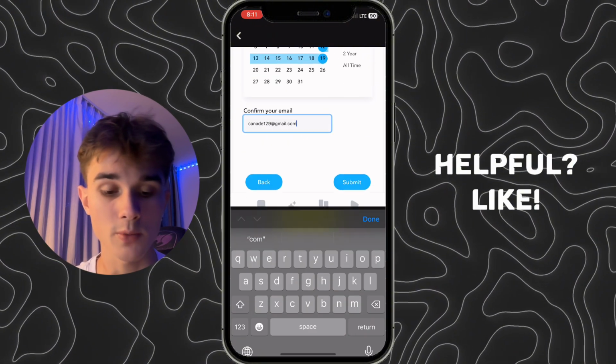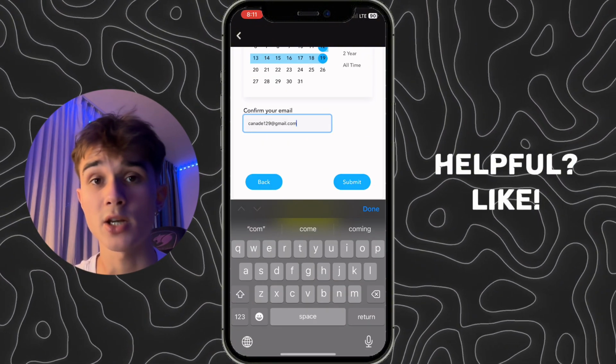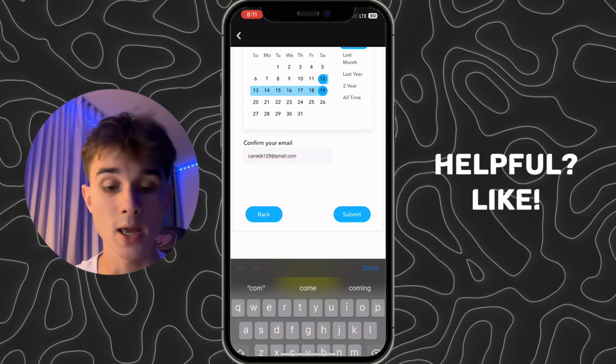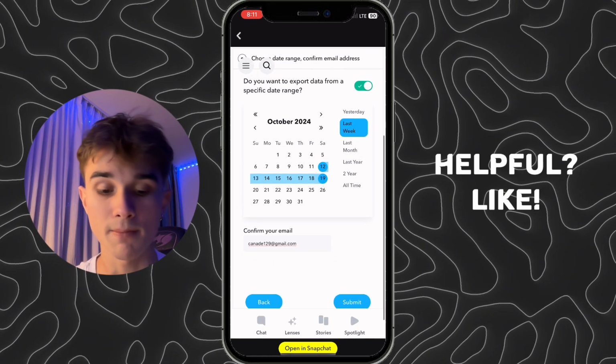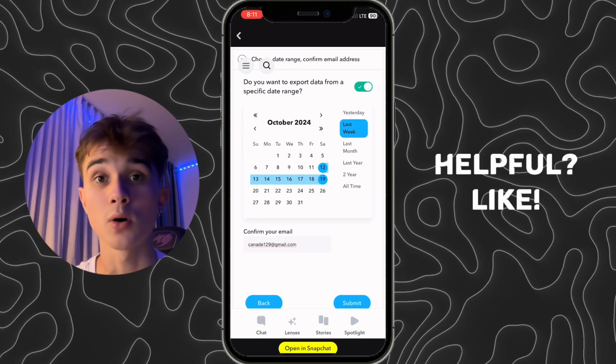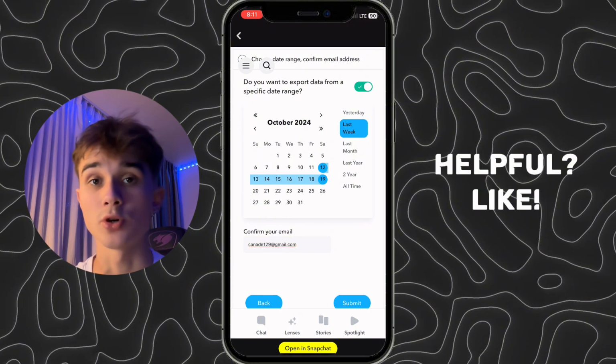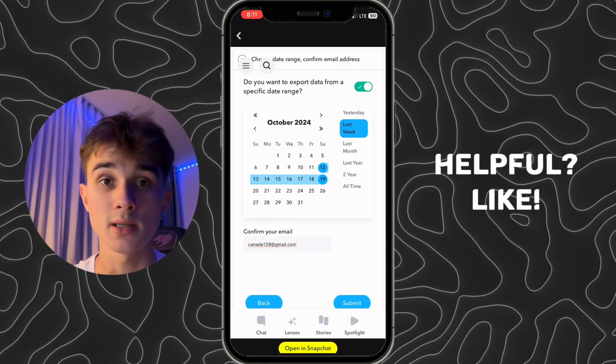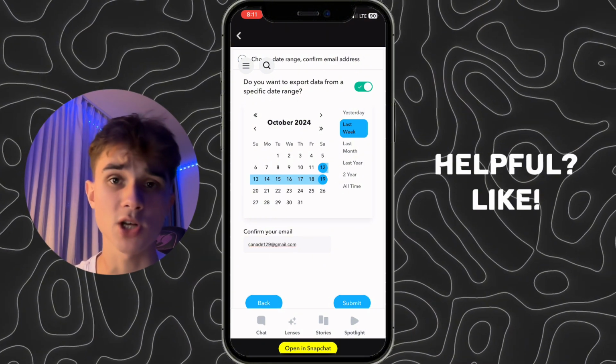Then you need to confirm your email, so all the information will be sent to this email address. Now when you're ready, you need to click on the submit button in the bottom right corner, and you will get all the information on your email address. And basically that is it. That is how you can see deleted Snapchat messages,